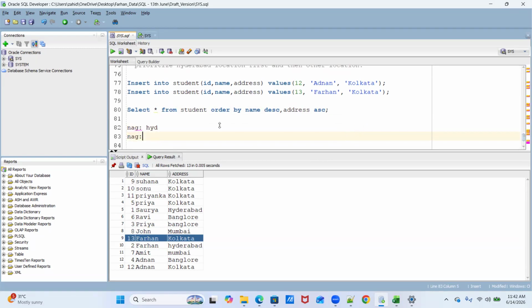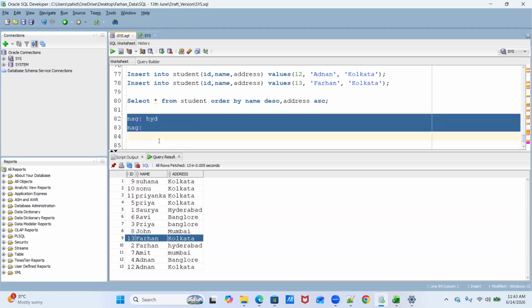Now we are applying two keywords, one on the name and another on the address. So the address will go somewhere else because there will be shuffling, right? The address which belongs to Hyderabad, based on the order, will go somewhere else, and some other city will come and sit in the place of Hyderabad. No, this will only happen when there are two Nagendra having different locations.